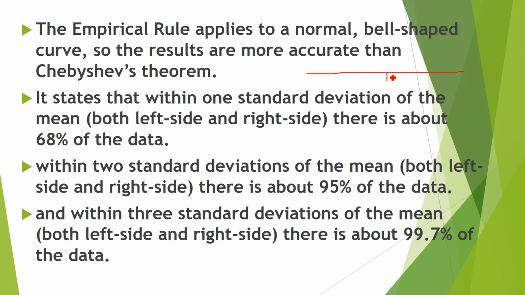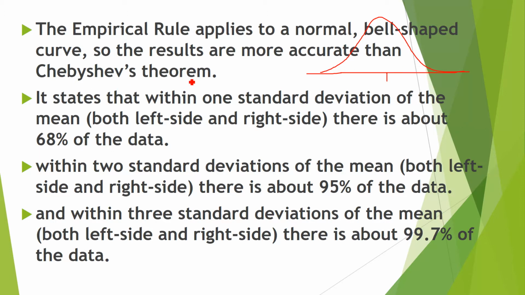And so the data is equally divided between the left hand side and the right hand side of the mean. And when we make the curve, you will see the curve is always in the form of a bell shape. That is why it is called the bell shaped curve or normally distributed curve. So the empirical rule applies to a normal, bell shaped curve, so the results are more accurate than the Chebyshev